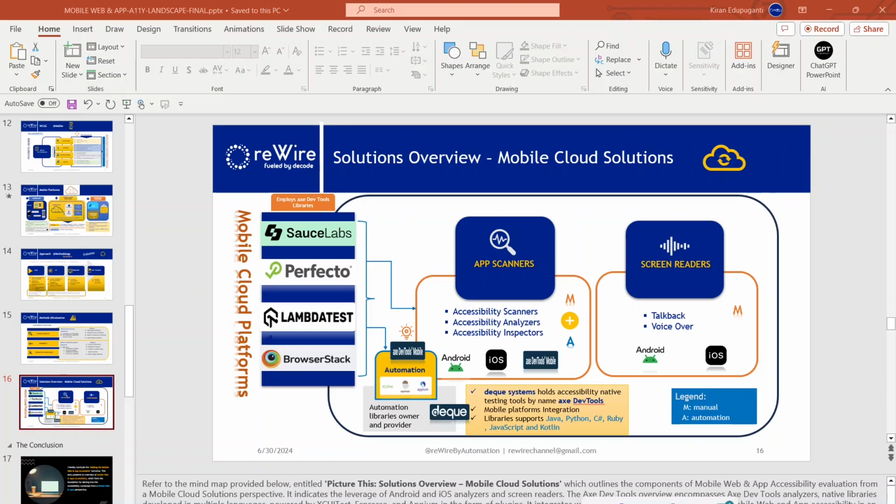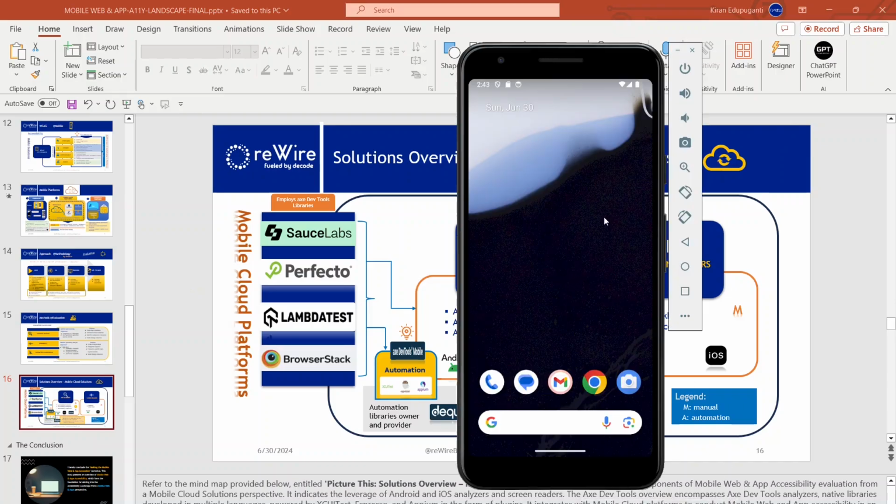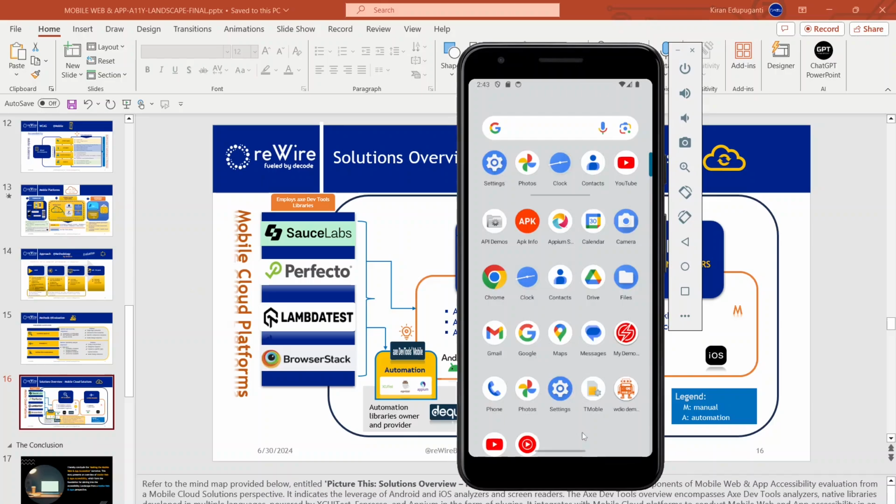So I have an emulator already launched over here. If you don't know anything about Android emulator, I have a session. You can go to my channel and find out how to set up Android emulator and how to access it. Now what I'm doing is I'm going to the settings,